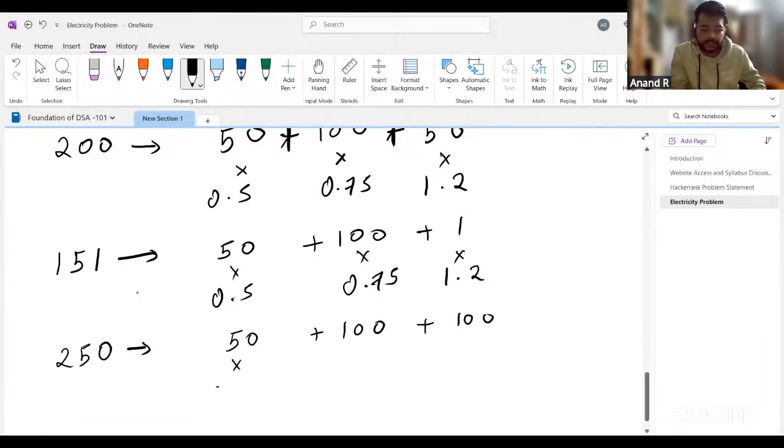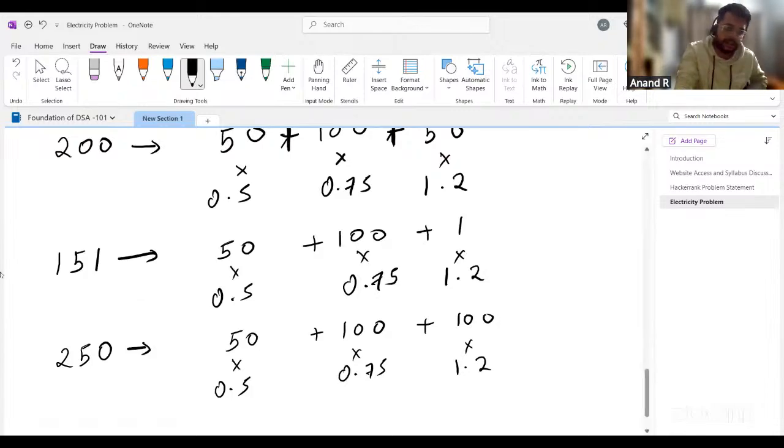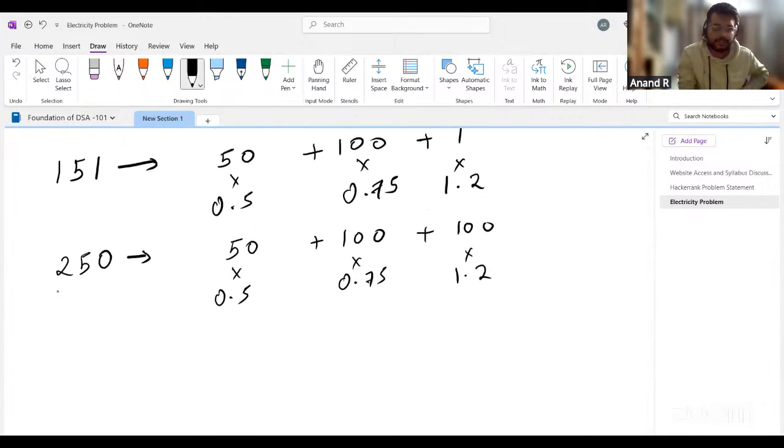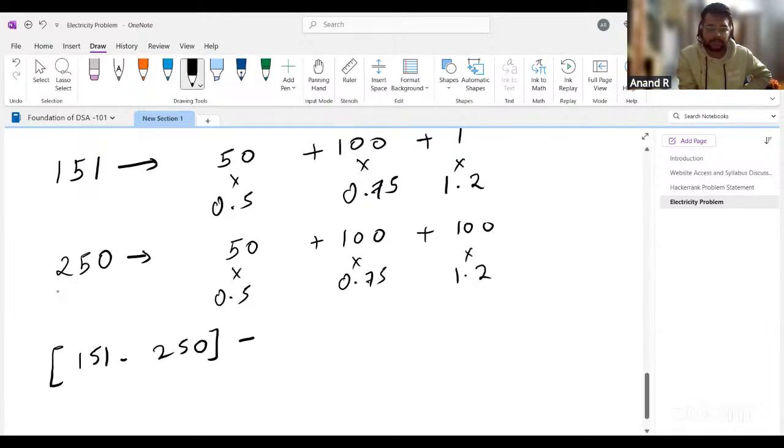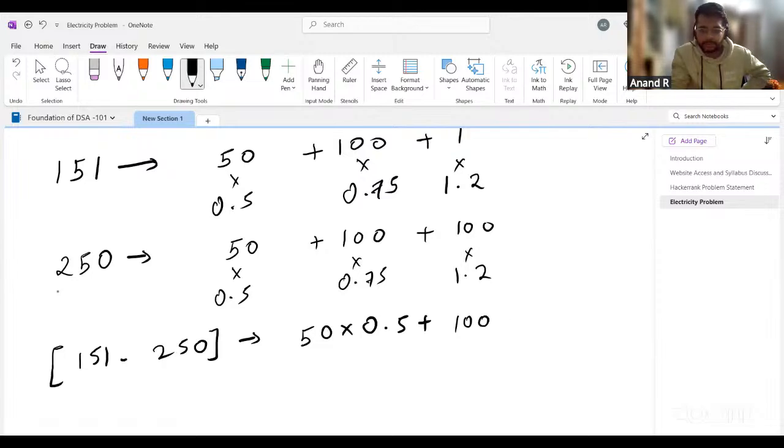So for 50, 0.5, 100, 0.75, and 100 into 1.2. Can I say that if value is between 151 till 250, formula is something like this: 50 into 0.5 plus 100 into 0.75